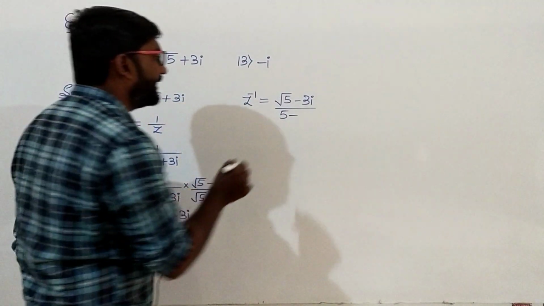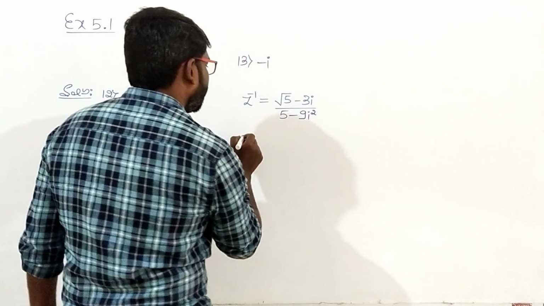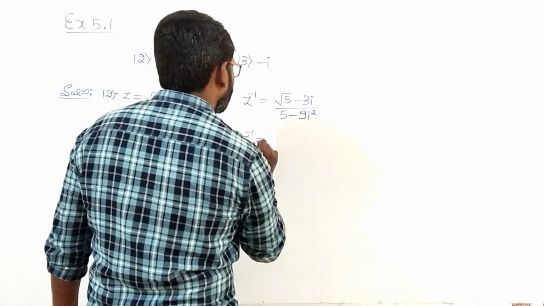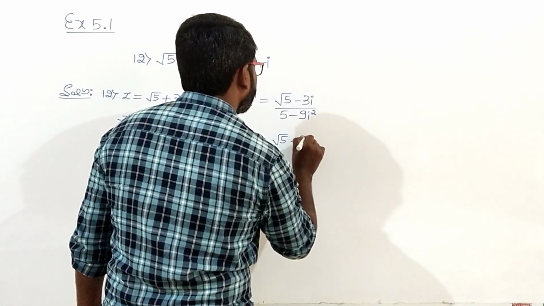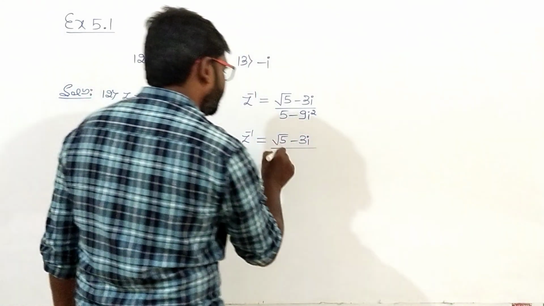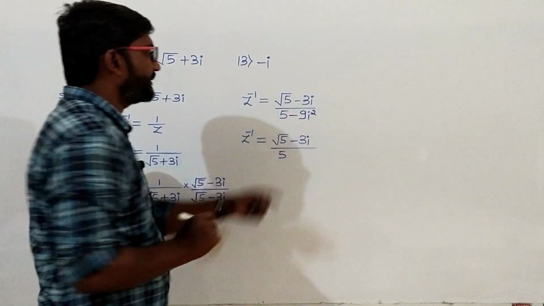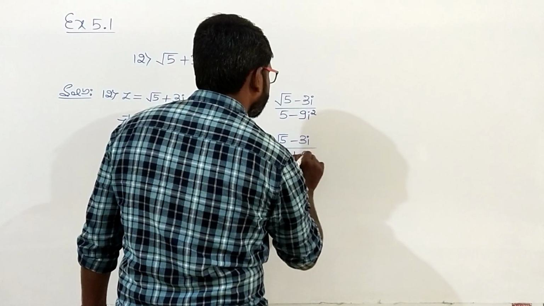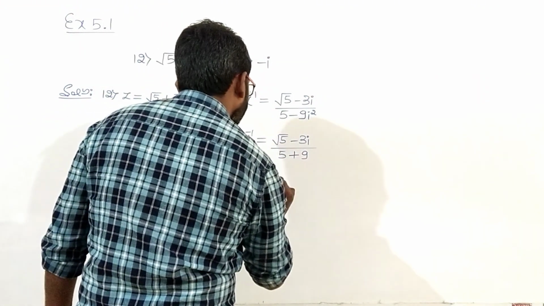3 square it is 9 into i square. In the next step, z inverse is equal to root 5 minus 3i divided by 5, i square, and i square is minus 1, so minus into minus gives plus, we get plus 9. So now z inverse is equal to root